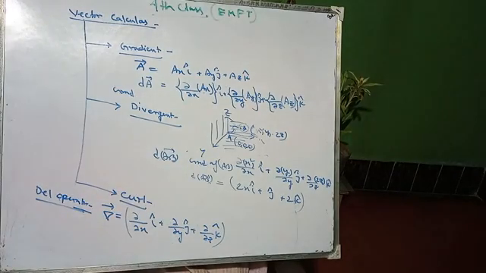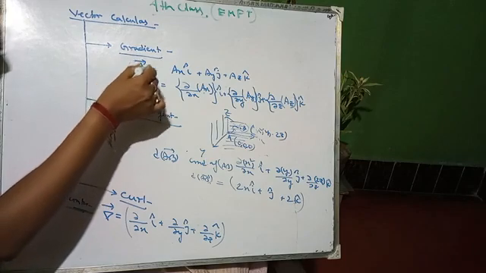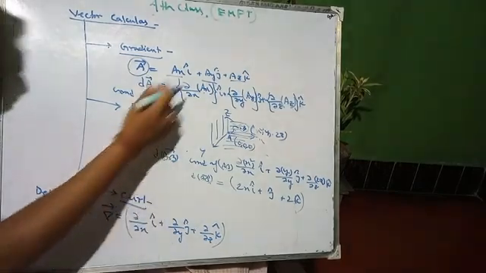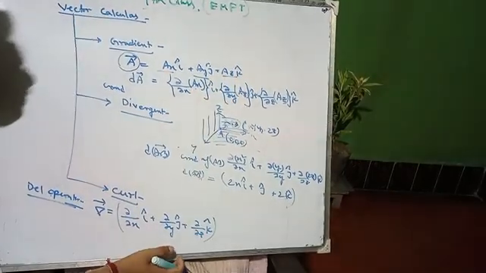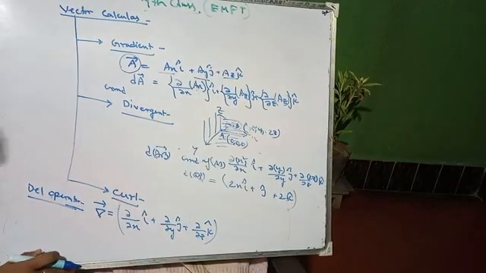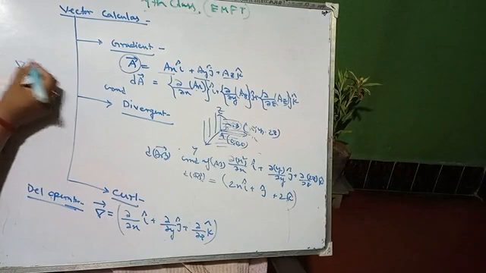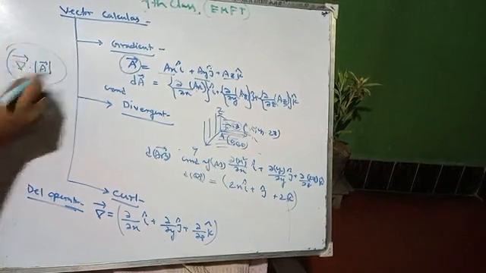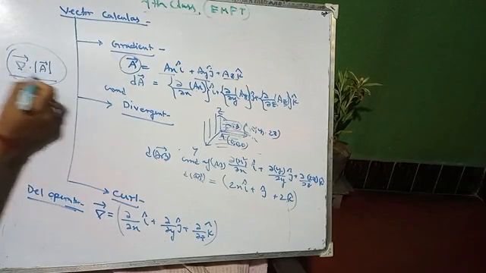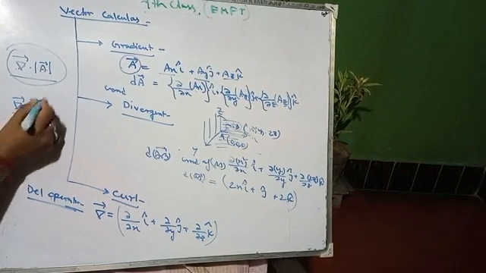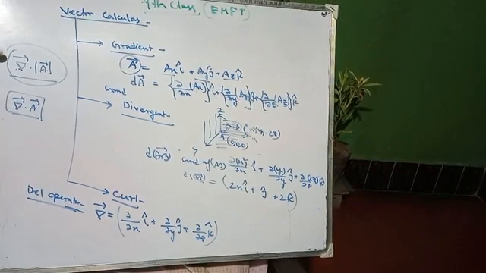So that's why we can assume that if we consider a vector having magnitudes ax, ay, az in all three axis directions, that means x direction, y direction, z direction, then it will be clear that if we apply the gradient of a, this represents your gradient, so it will be called gradient of a. And now this is called divergence of a.